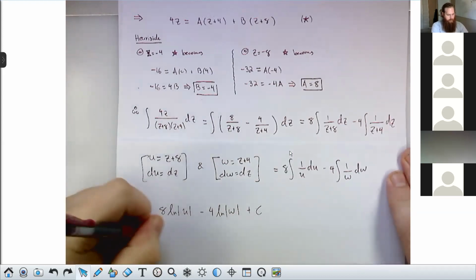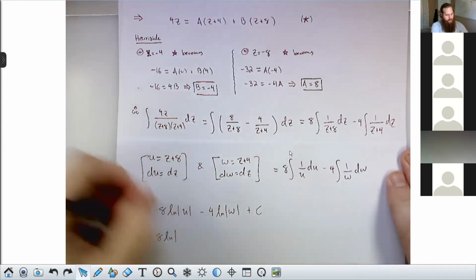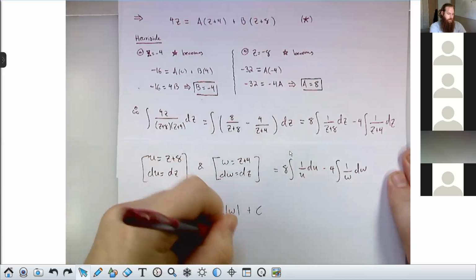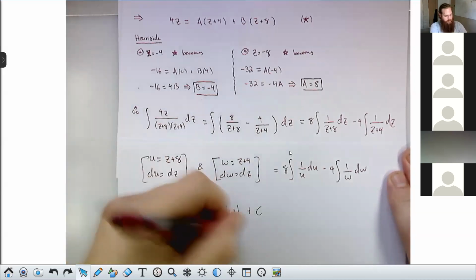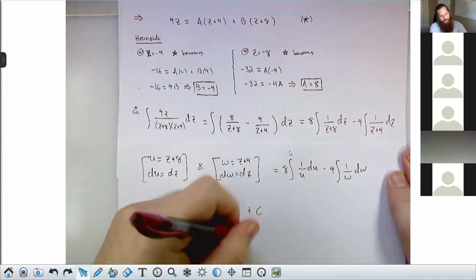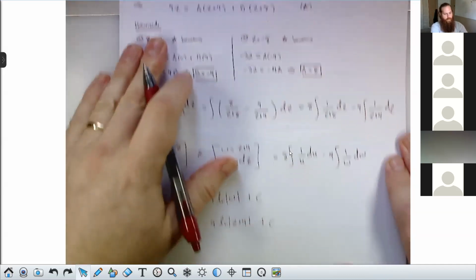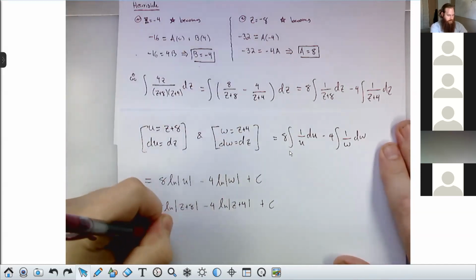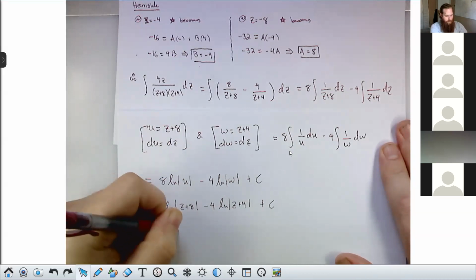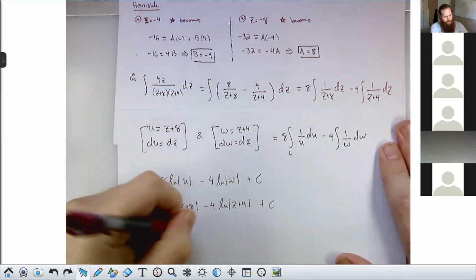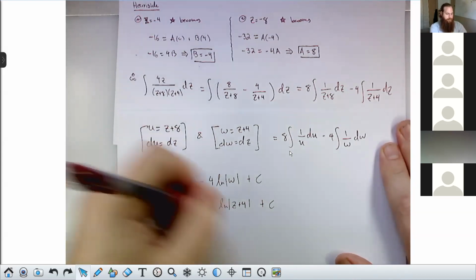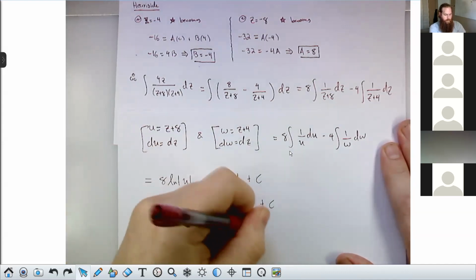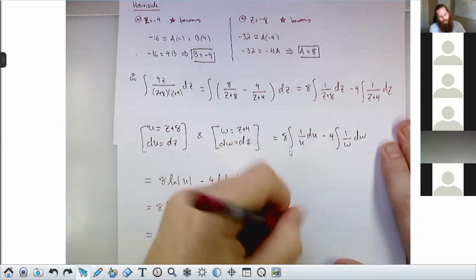Which is 8 times the natural log of z plus 8 minus 4 times the natural log of z plus 4 plus a constant. And then finally, z was e to the x. So this is 8 natural log absolute value e to the x plus 8 minus 4 natural log absolute value e to the x plus 4